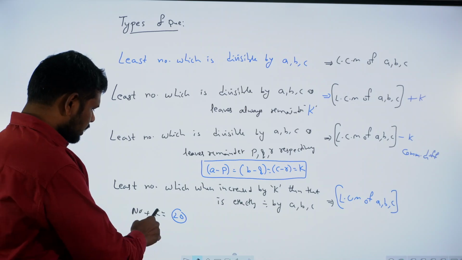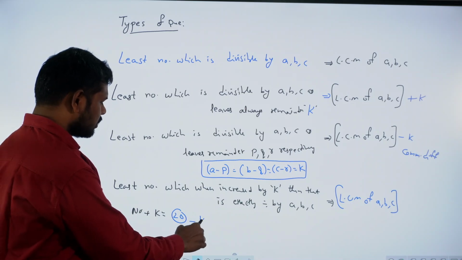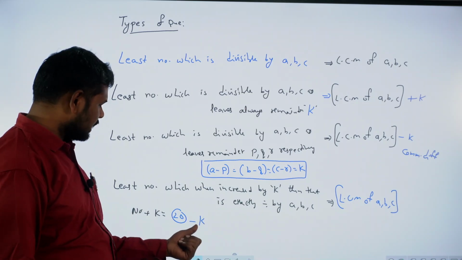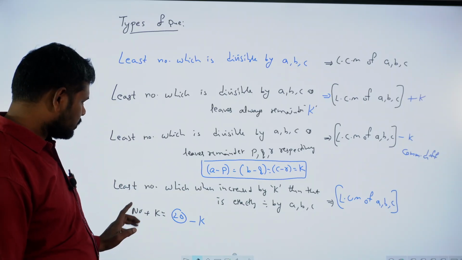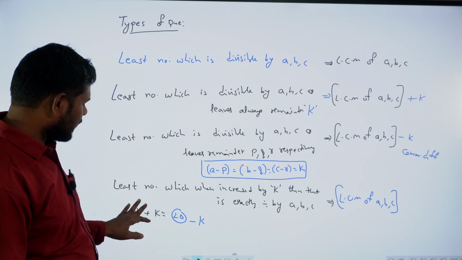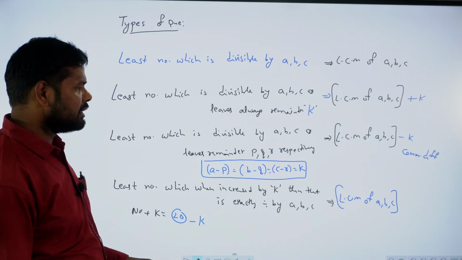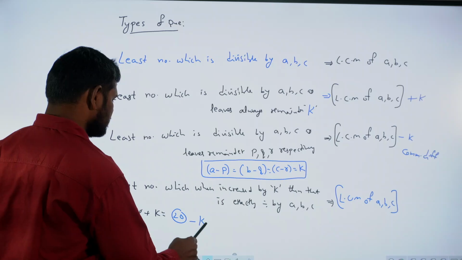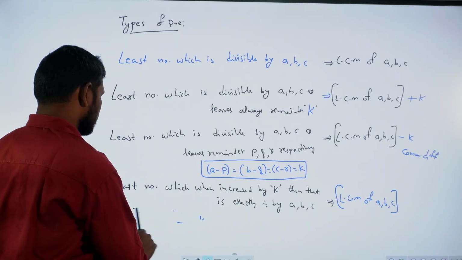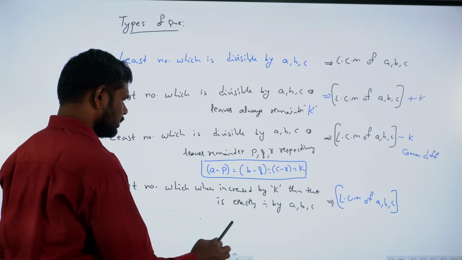Nothing but this K goes to that side: 20 is the LCM, so 20 minus K gives the required number they are asking. So that number increased by K gives the LCM. Means how we are going to solve: simply find the LCM and subtract whatever constant is given,